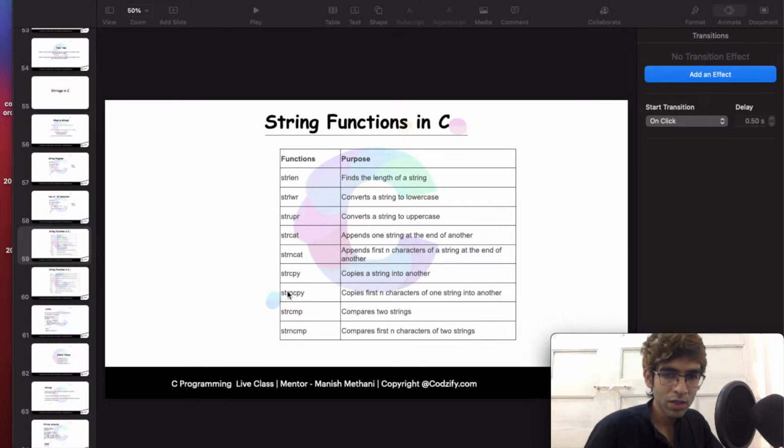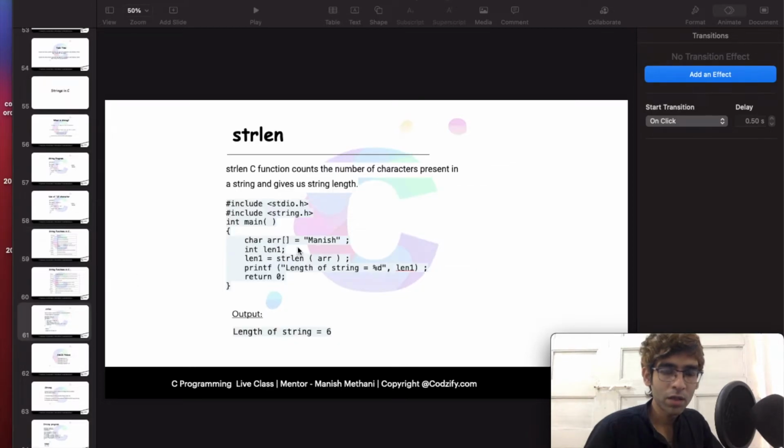So let's see these functions in practical now. Here I have written the strlen program. The string Manish is present inside this character array, and we have to find the length of the string. We have declared the len1 variable, and strlen of this array will return the length of the array, which is assigned to len1 and printed on the next line.